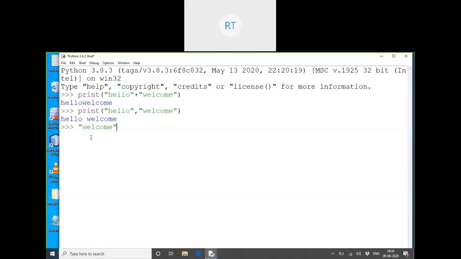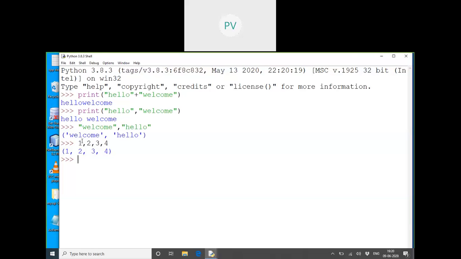That means if I give like this, has it joined? Yeah. So did you see when I'm typing with comma, what is happening? If I type anything with comma, what will happen here? It is taking like a list.